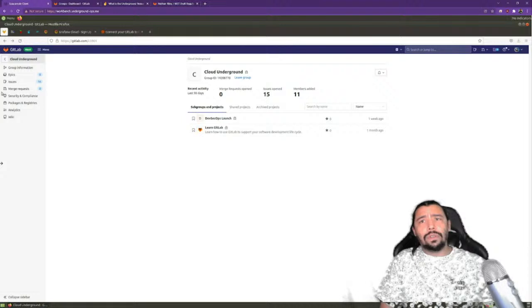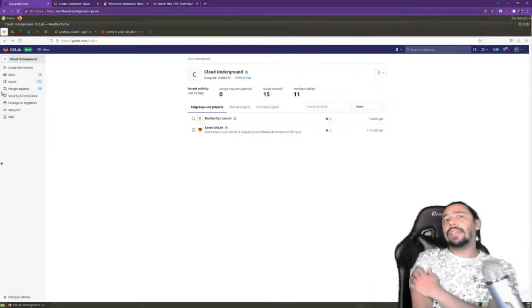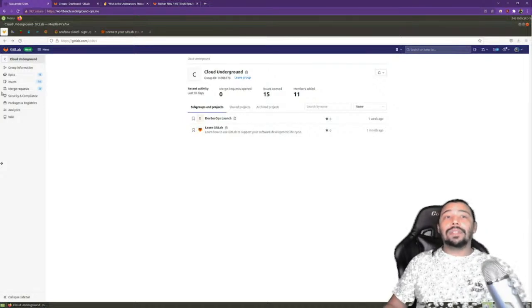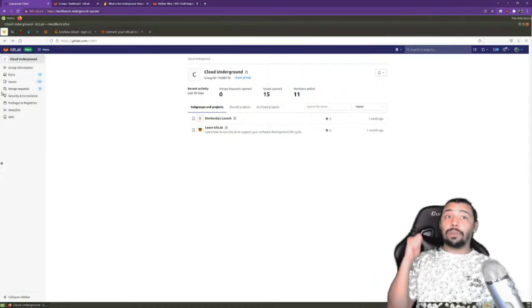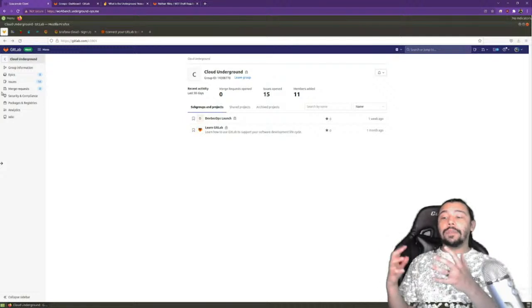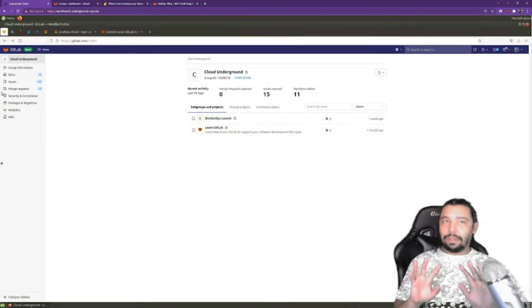One of the issues that I run into with people who do things like DevSecOps is they don't quite understand how value works in the general space, and they don't understand the value of their own skills. And one of the only ways I've found to truly understand the value of your own skills is to put your own skills to the test for yourself. And when you start making your own money off of your own skills, it has nothing to do with the money. It's not about the money.